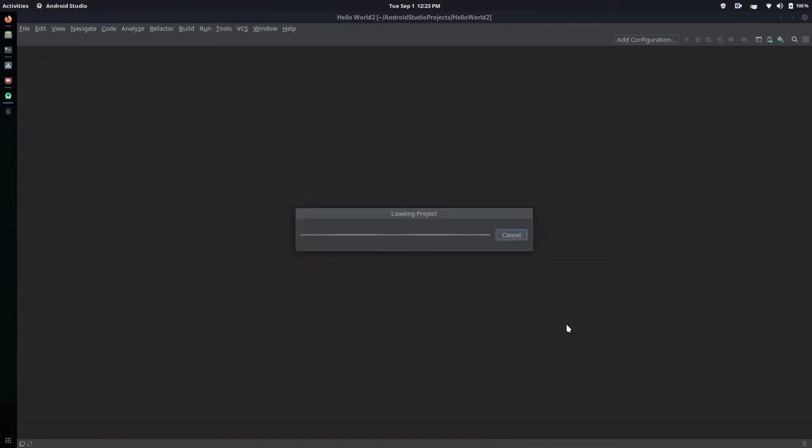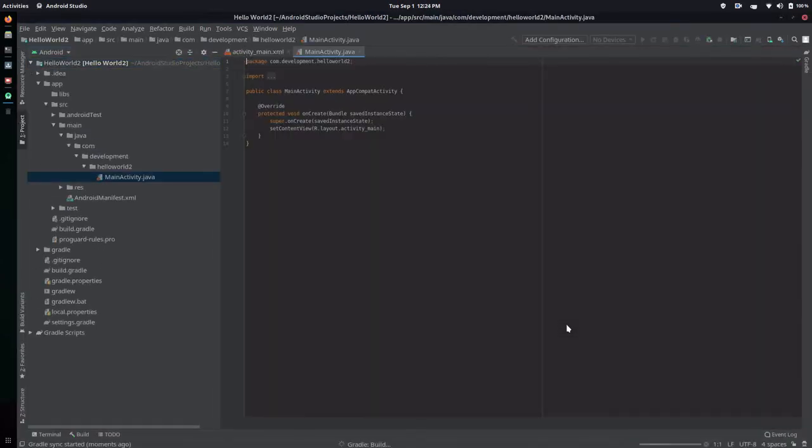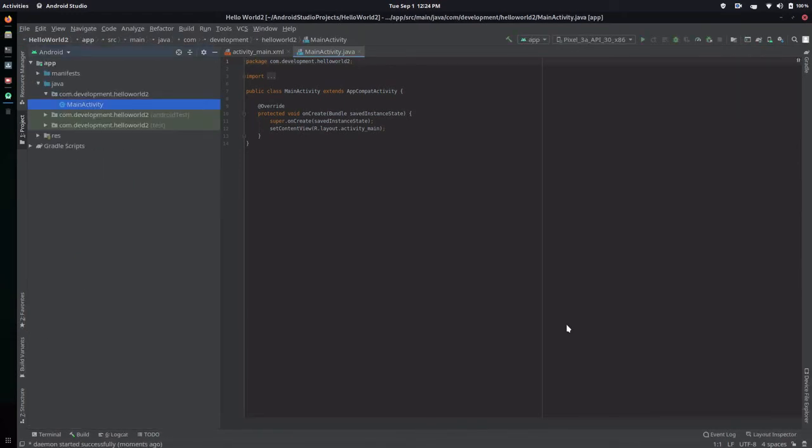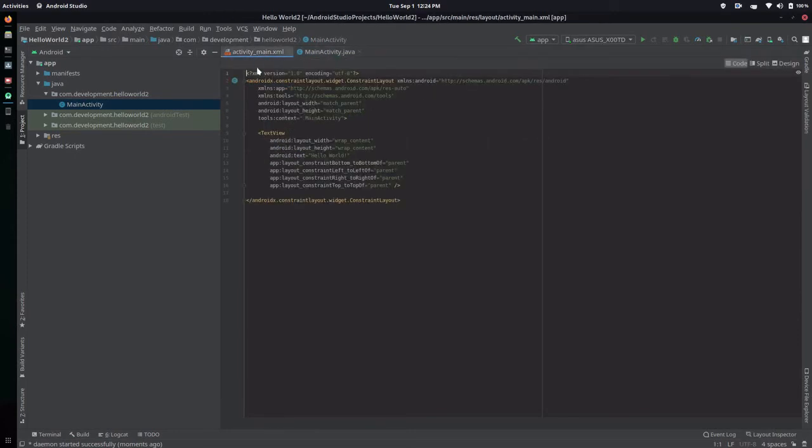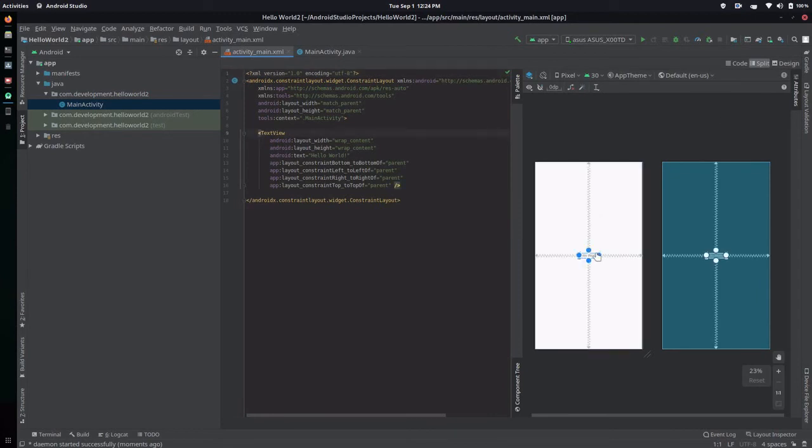As you can see, it's loading completely. It's now rendering. That's what Gradle build means. I will explain these things to you in later videos also. But for now, this is more than sufficient, I think. Here is your Java file. It's a simple file, and here you can see the design window.